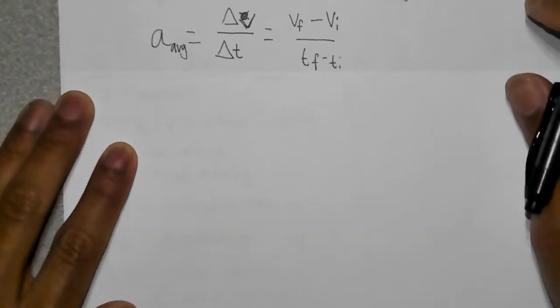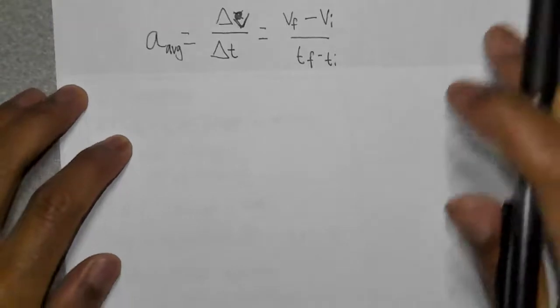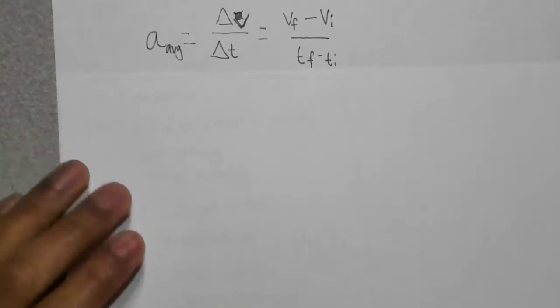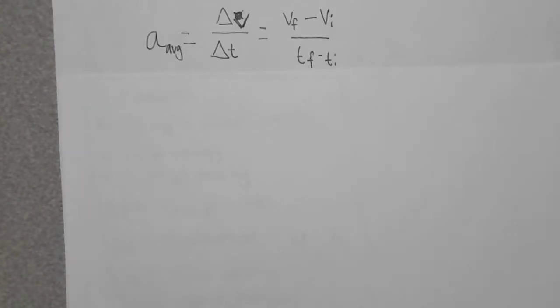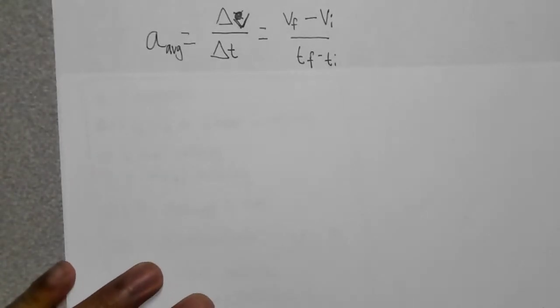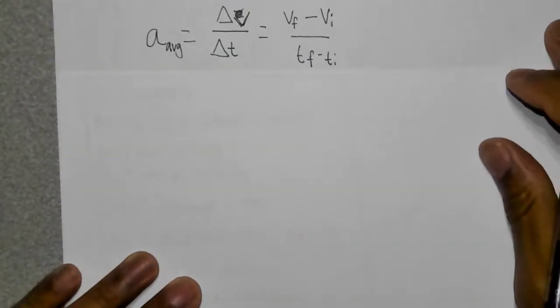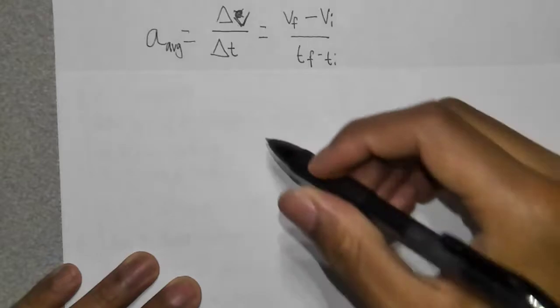So we're going to take the equation that we got before for average acceleration. We're going to apply it to a real problem. So let's say you're driving around in your Porsche Carrera. Well, you hop in your car while it's in the parking lot. You pull out of the lot,